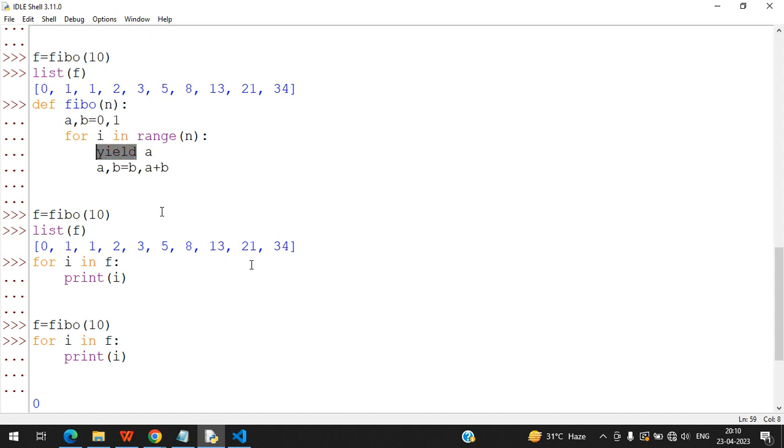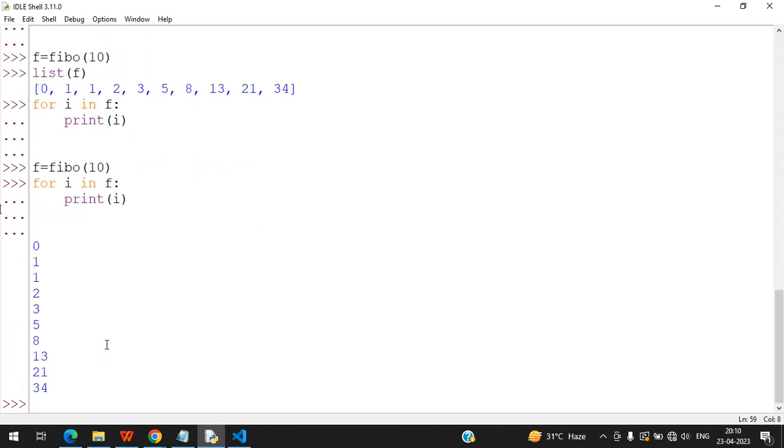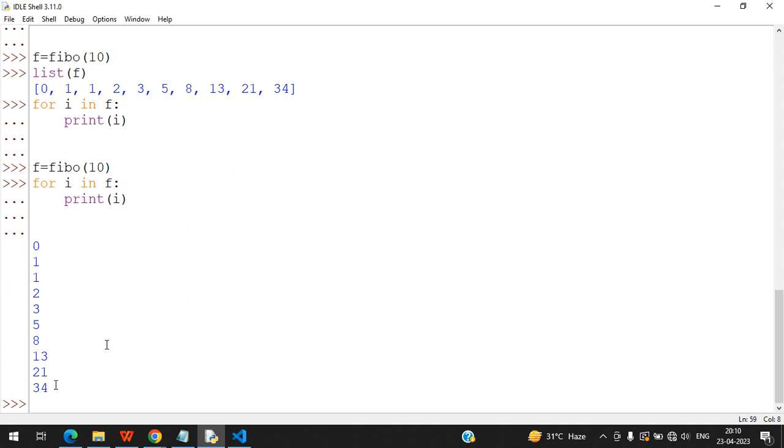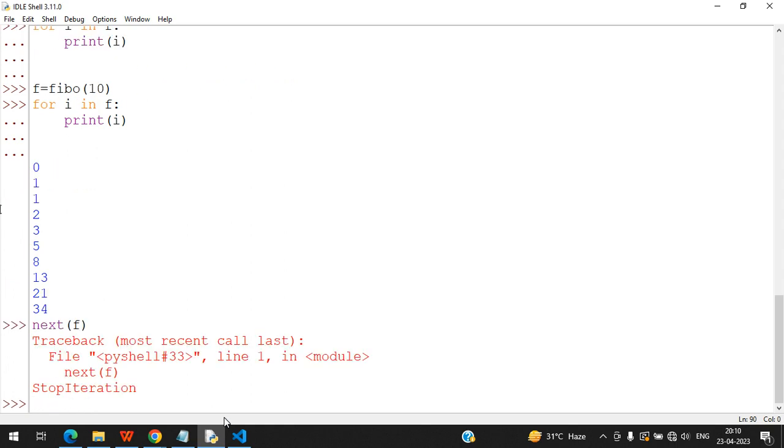This yield is reflecting the return statement, just like a return statement, but it is holding. It is not generating all the numbers at a time. So you can iterate over it using the iterator. I think we can use next also here. If we use next here, it will not give anything because the